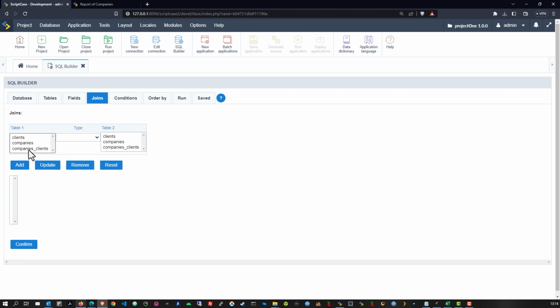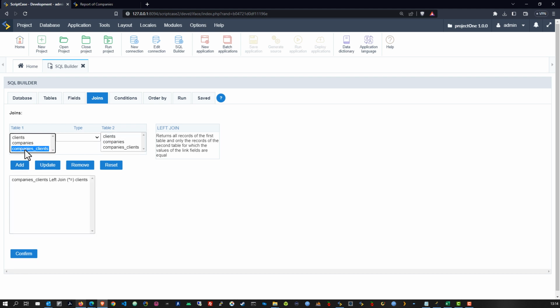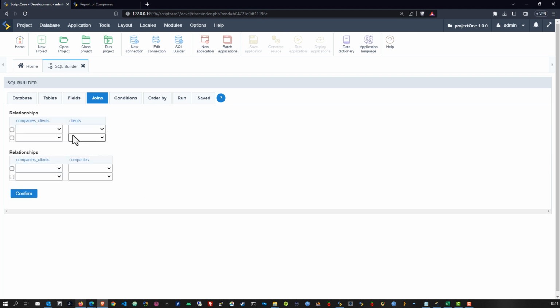come here to my joins, and now I need to join them all together. So they're all related here to the companies underscore clients. So that is where the ID clients is, as well as the ID companies that we have stored. And for that, I want to choose then here a left join, choose here the clients, add that one, and another left join here for our companies, add that one also, confirm that,